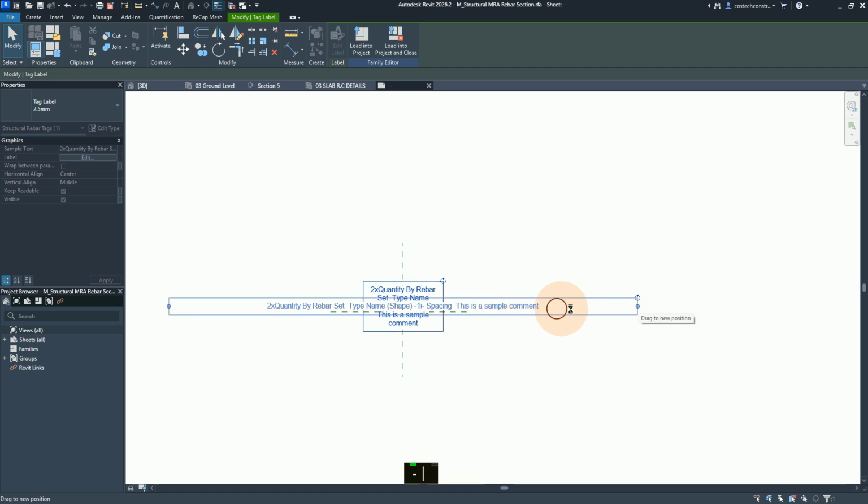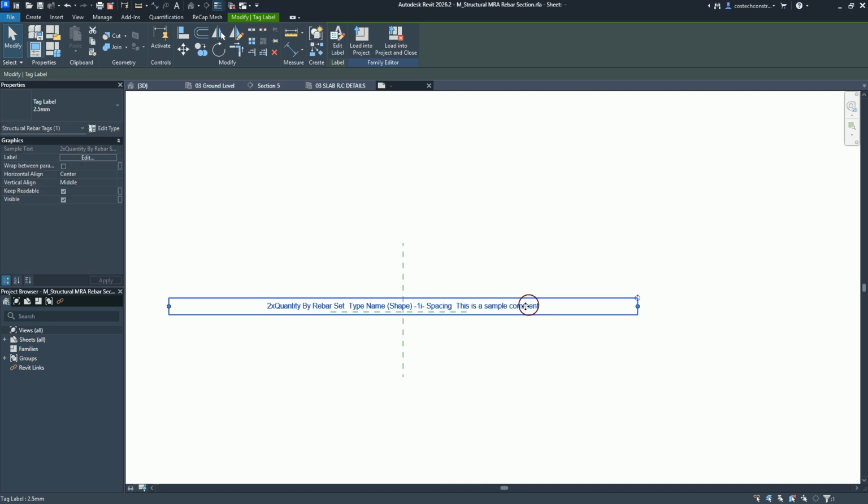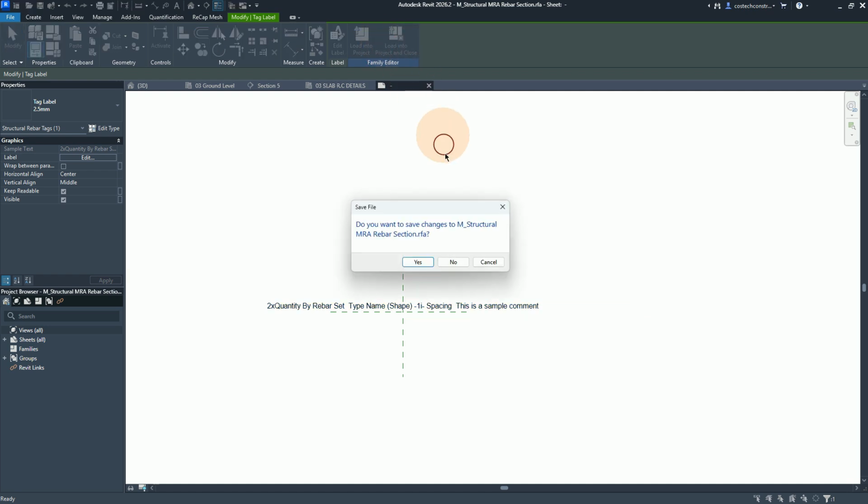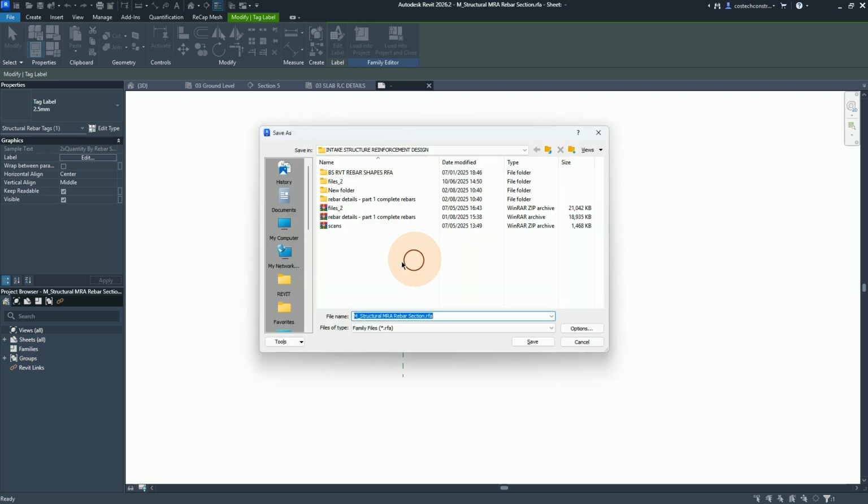Once this is enlarged like this, the family will be in one line. So I'll use the load into project and close. Do you want to save changes? Yes. And now we can go to our